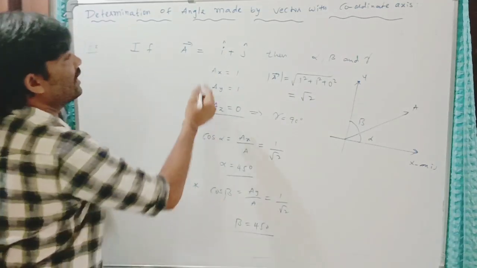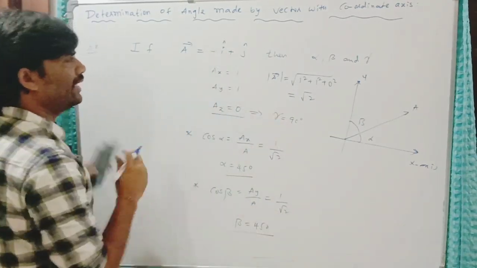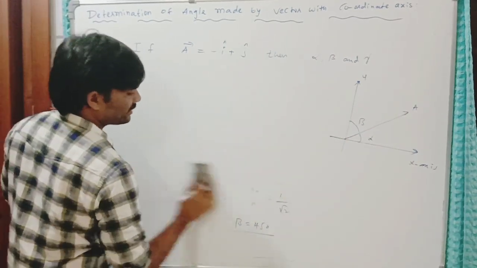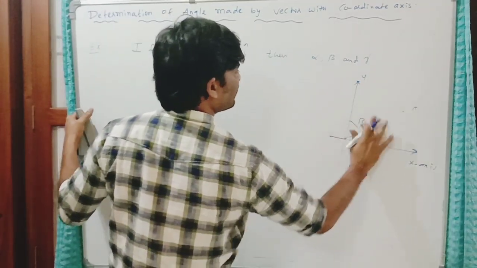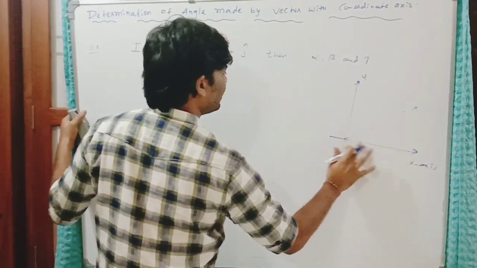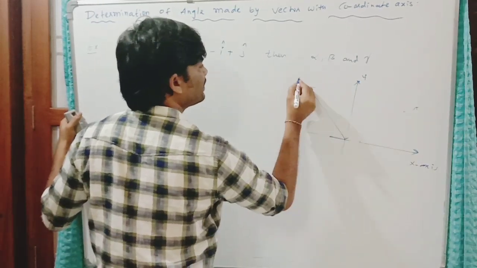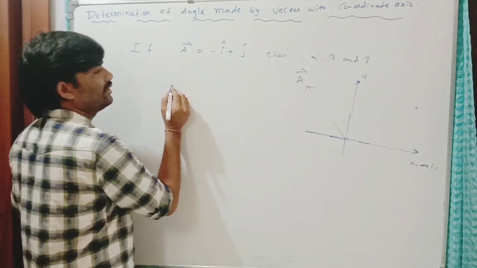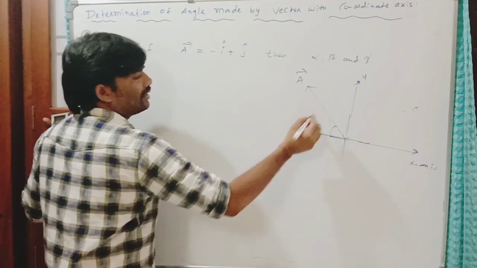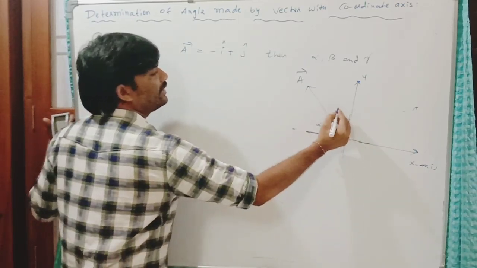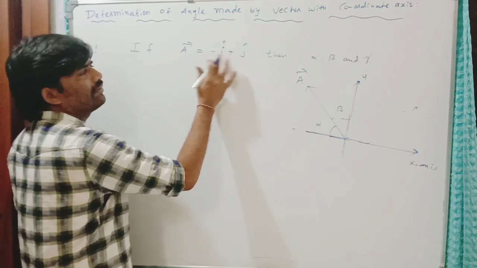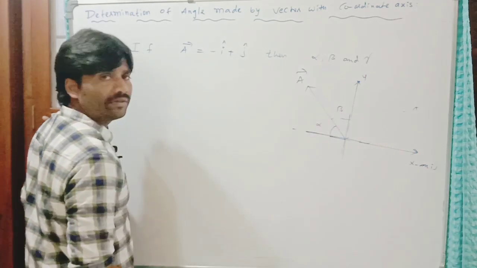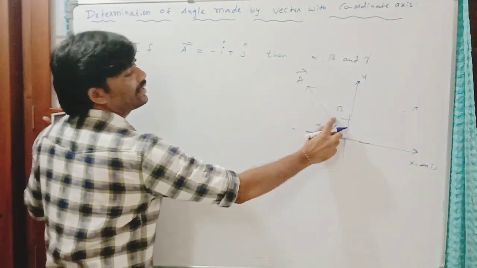So if the same vector is like this, if it is minus i plus j, then minus i plus j means it lies in the second quadrant like this. So the i component is negative, so this vector lies in the second quadrant. Again cos alpha. So you can take alpha with this x axis and this is beta. Again both components are equal in magnitude. Definitely this alpha and beta are equal to 45 degrees. Means this is 45, this is 45.